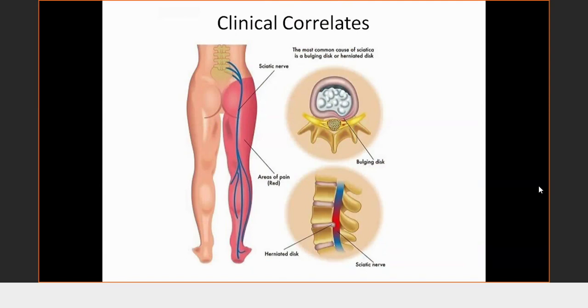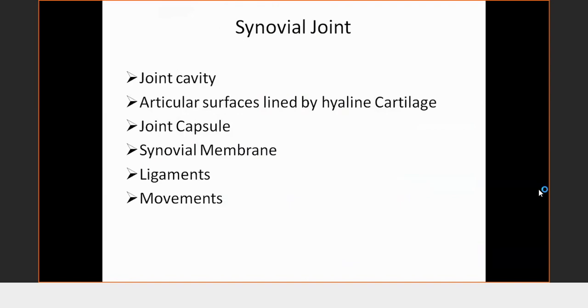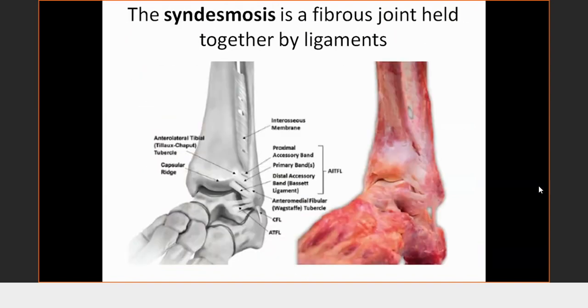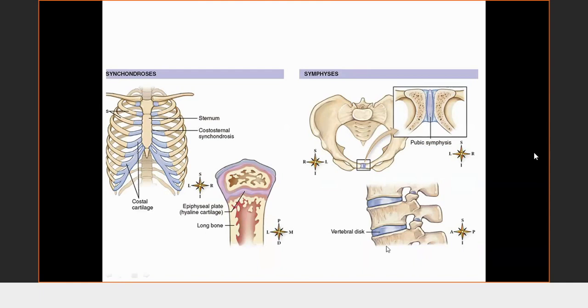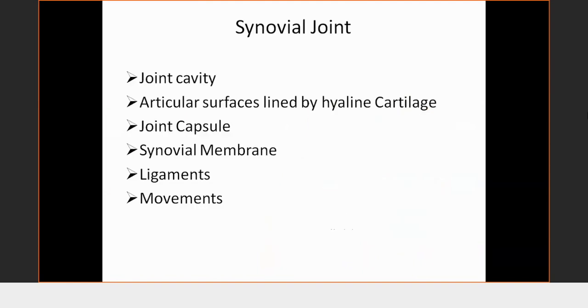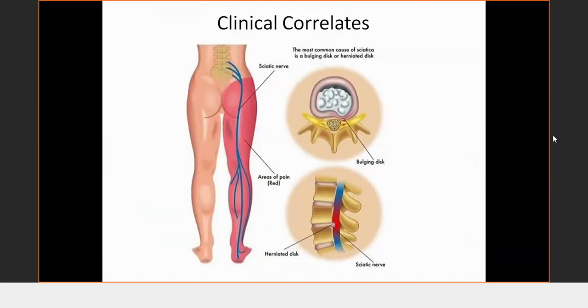Now one is, as you have seen, in fibrous and synovial joints, basically the secondary cartilaginous joint. In the secondary cartilaginous joint, the fibrocartilaginous disc is present between the two vertebrae. When there is pressure, sometimes there is a bulge or sometimes a rupture. When there is a rupture or bulge, it is going to compress the corresponding spinal nerve or the spinal cord